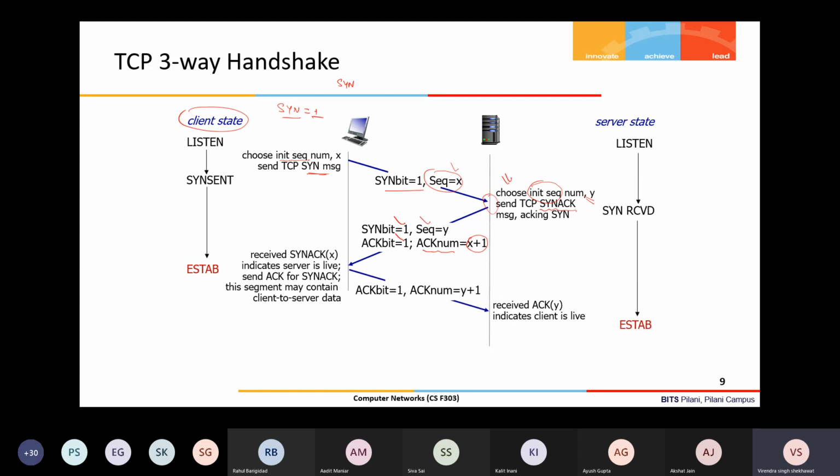So let us assume that all these packets are successfully received. Now if the client has received this SYN-ACK, then this indicates to the client that the server is live, and it sends the acknowledgement of that. This acknowledgement indicates to the server that the client is also live. Now at this point, both parties are sure that we know each other and we have informed each other sufficiently, and whatever we send now will be reliably received, right?